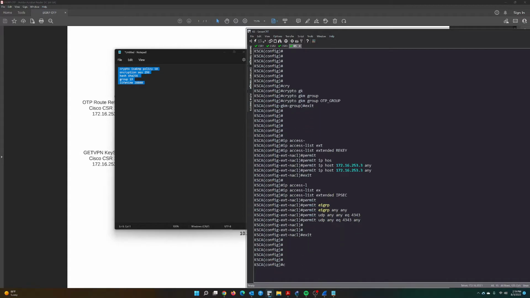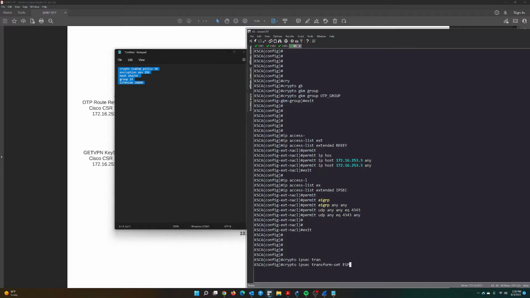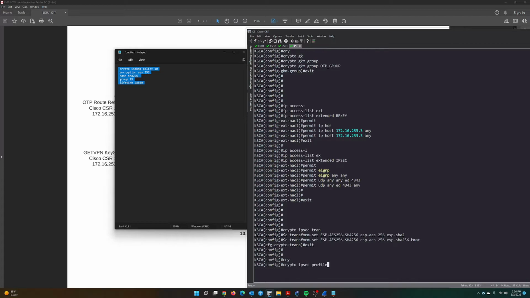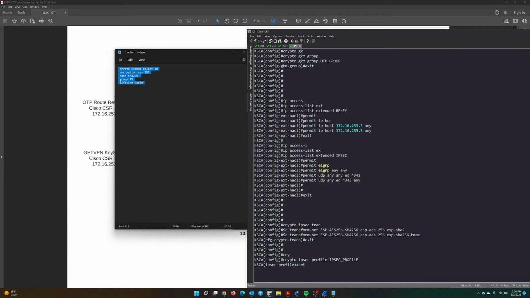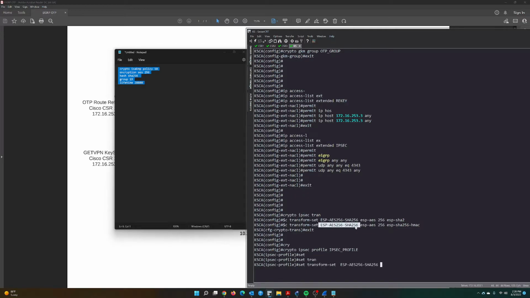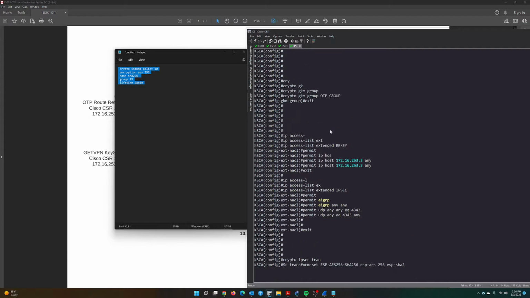And then we have to set up our IPsec phase 2 transform set. We'll call it ESP AES 256, SHA 256. And as the name probably gave away, we're going to do AES 256, SHA 256. We have to create an IPsec profile. We'll name it IPsec profile so I don't forget what I called it. We're going to set the transform set as the transform set I just made. All right, now we can actually go into our